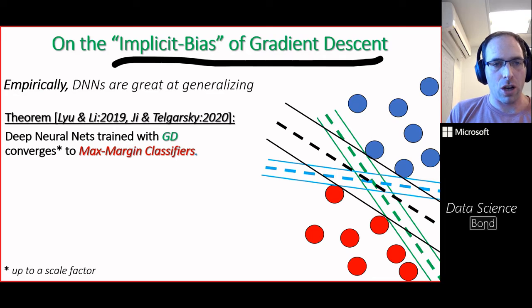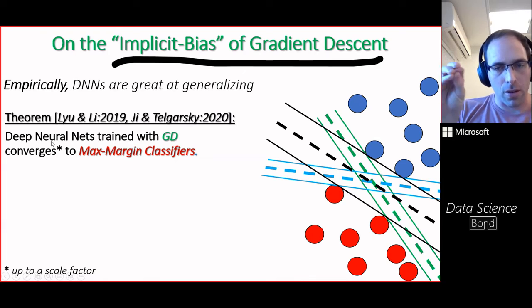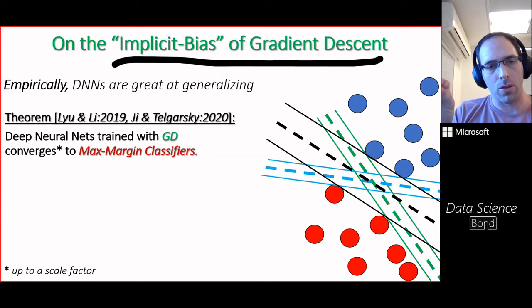This theorem was later generalized to deeper neural networks by these researchers here. Without going into all the details, of course there are many, they say that deep neural networks trained with gradient descent will converge to the